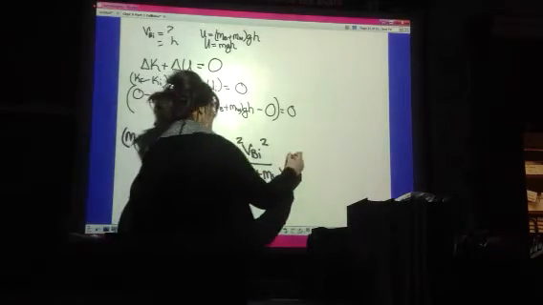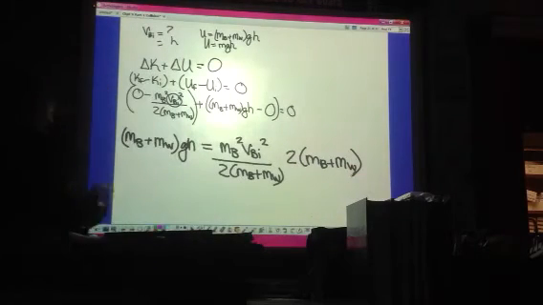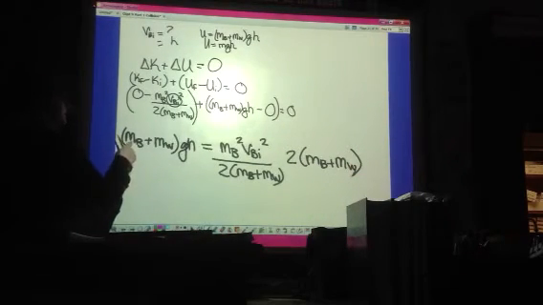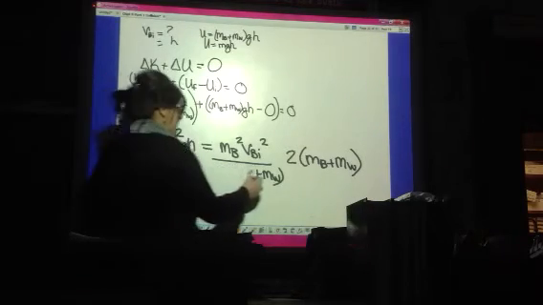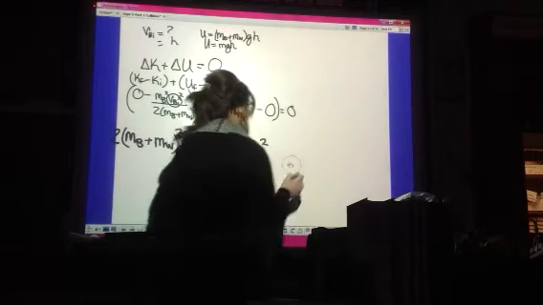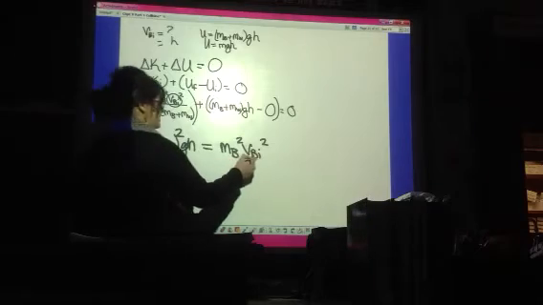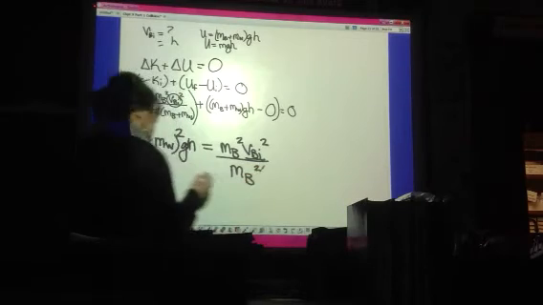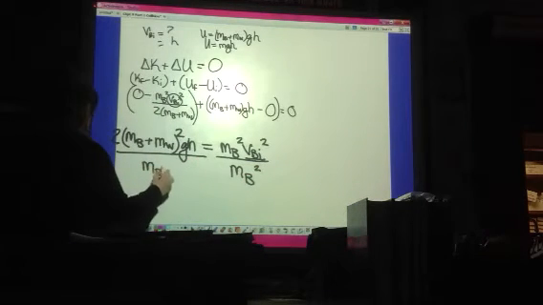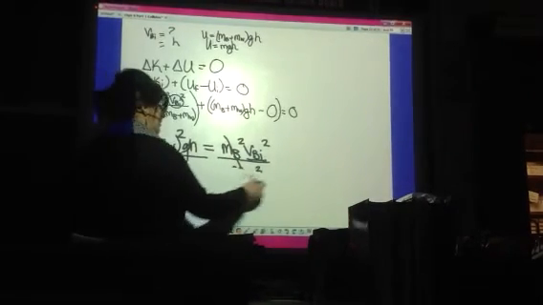So let's multiply both sides by 2 times the mass of the bullet plus the mass of the wood. If I do that, then I'll have this times another one of these times 2, so isn't that just squared times 2? So now I'm going to get rid of this. Okay, now my goal, again, I just want this by itself. So let's divide both sides by the mass of the bullet squared. So now those cancel. So now I'm left with